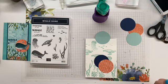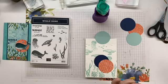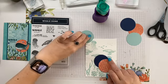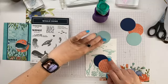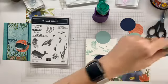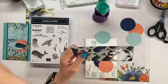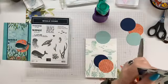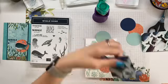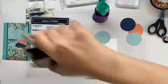Okay, do we want to try and punch out another whale? Yes, that's what I'm kind of thinking there. This one that I put, yeah. I was already there, Miss Cindy, already there with you. And I'm kind of thinking I will need to cut this about here, and we'll grab out the same colour whale again because that's the one that's available